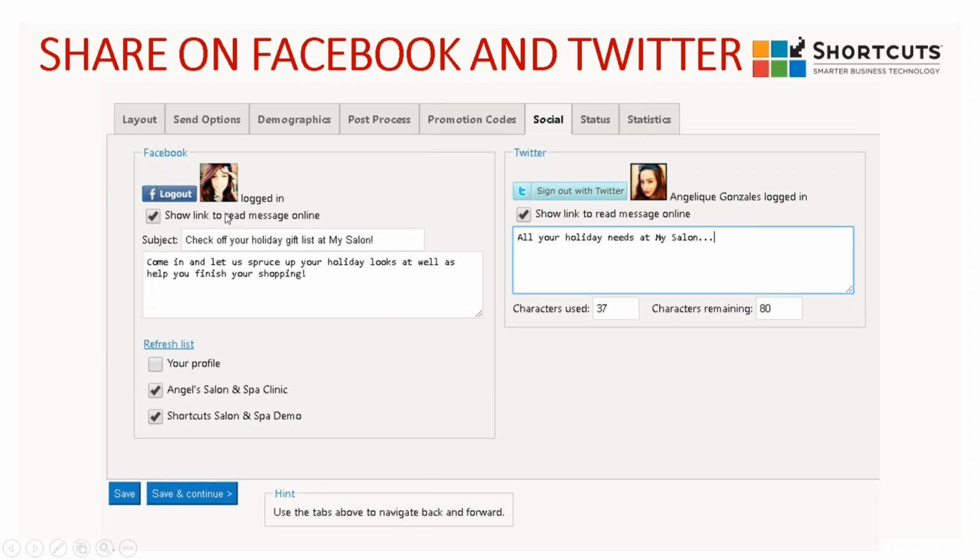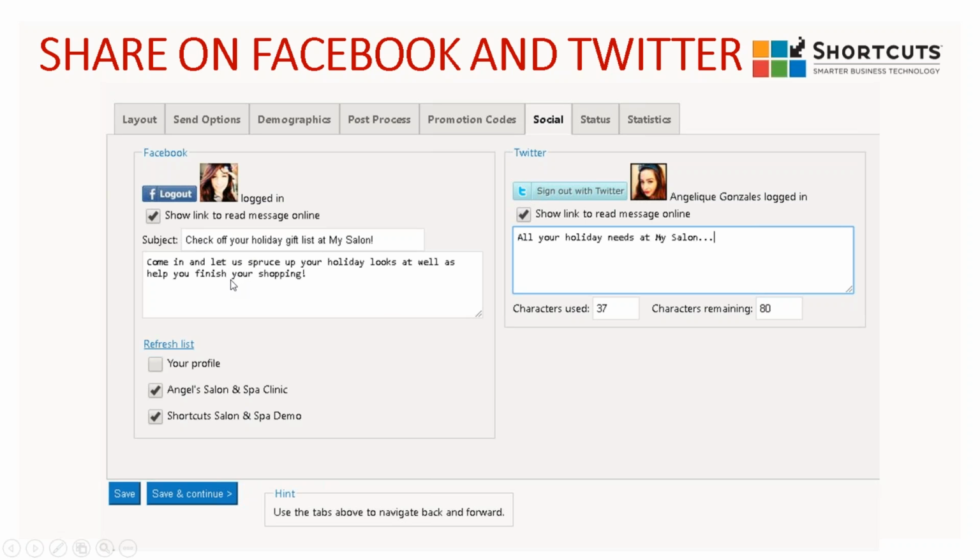Okay, so what I've done here is I've just taken a screenshot of the social tab in the campaign. You guys, you'll notice that I'm logged in. So you can see that it shows the person that's logged in. Down here at the bottom, it'll allow me to specify, because a lot of the times your personal account is attached to your company or business accounts. So down here, you guys, it'll allow me to just say, yep, I want to send it here and here, but not to my profile page. So where is it going to post?